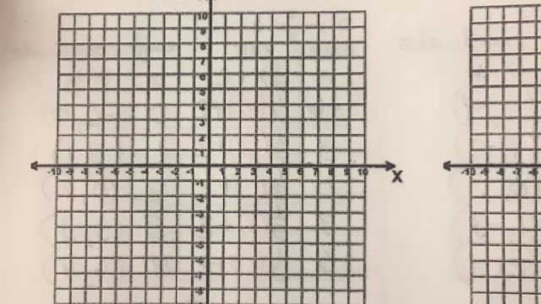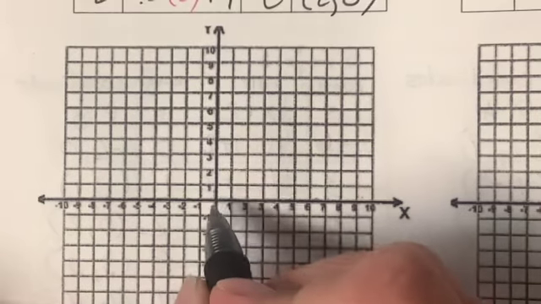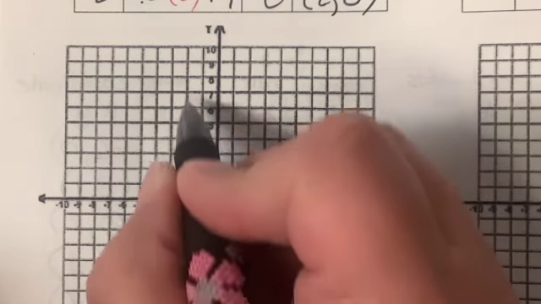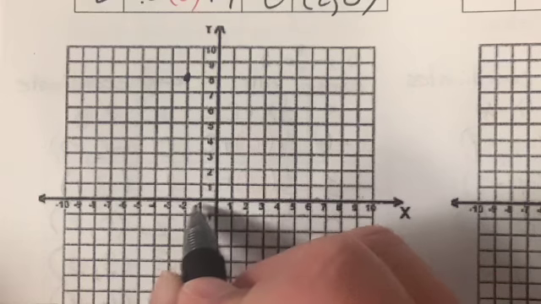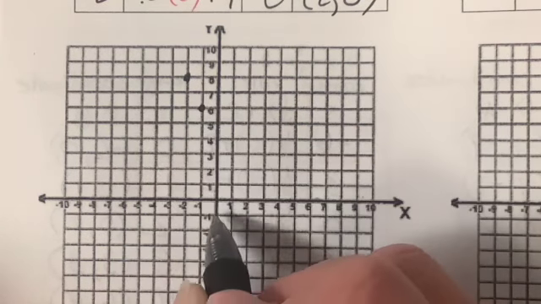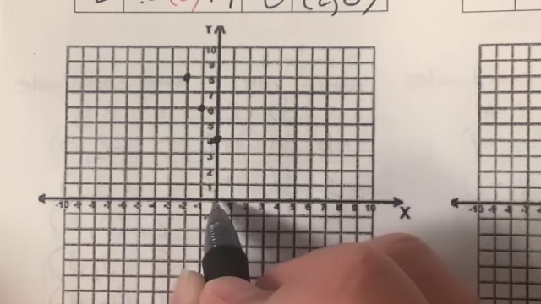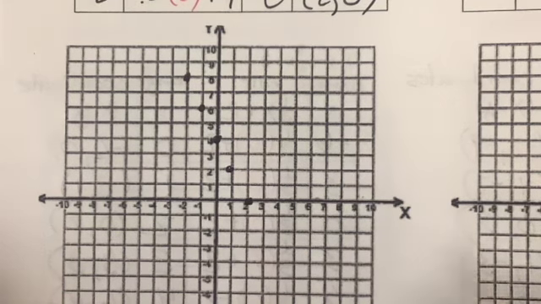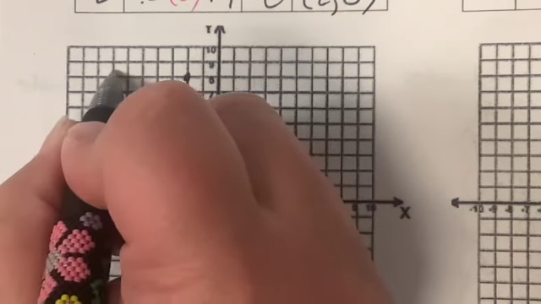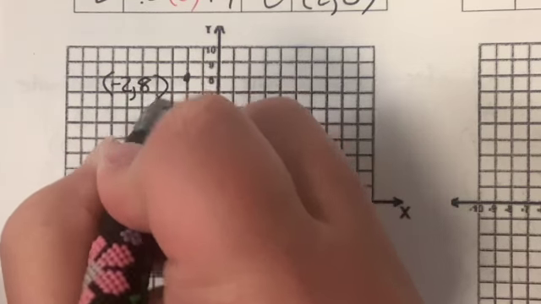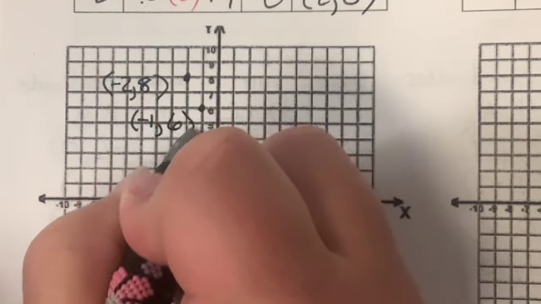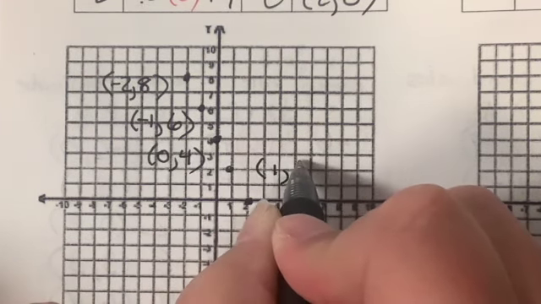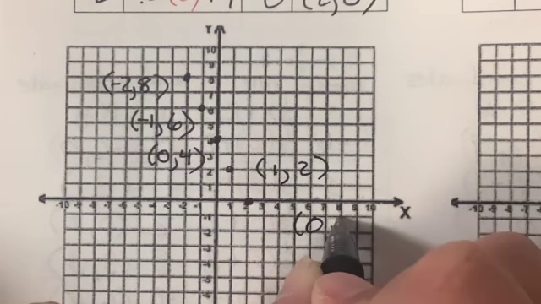Okay, now we're going to graph the points. Again, this is the x line, this is the y line. Negative 2, positive 8. Negative 1, positive 6. 0, 4, 1, 2, 2, 0. Now I'm going to label my points. Why? Because it told me to. Negative 2, 8. Negative 1, 6. 0, 4. 1, 2. And 0,